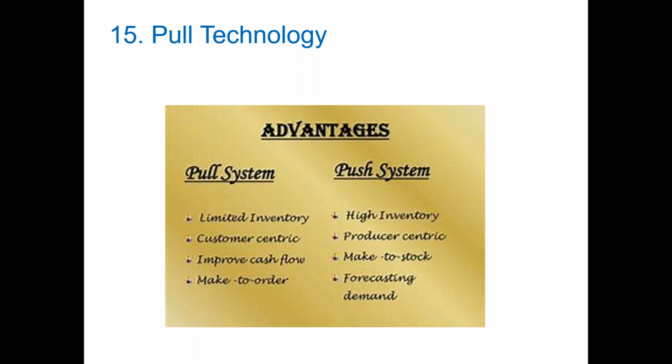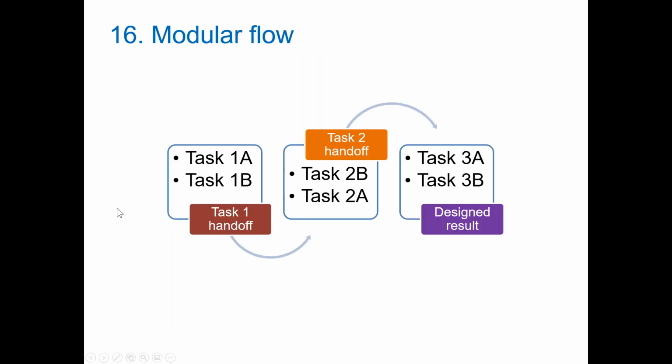The pull technology, what can I say? All of us have it. I just pulled this picture off the internet. We certainly in lean want to do pull. We want to limit our inventory to reduce our expenses and tying up our cash. We want to be customer oriented. We want to improve certainly cash flow, and we want to make to order, that batch of one, as much as possible. The old push system was great when we had the huge batch systems, when we really had the amount of inventory and cash to be able to take those economies of scale. In a lean environment, we really want to be on that pull system side. 16, Modular Kaizen looks at that modular flow.